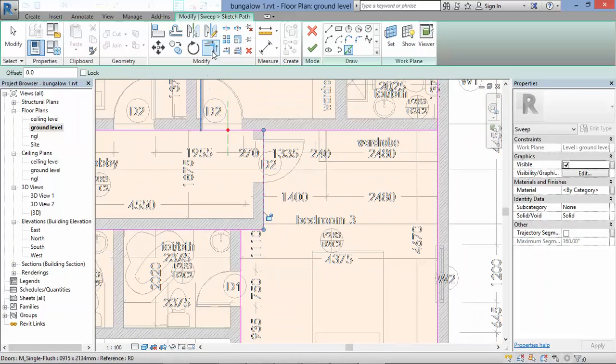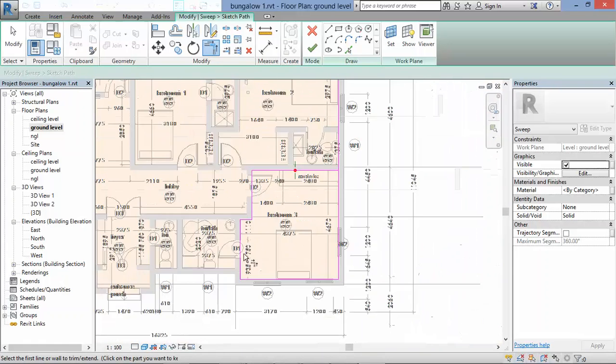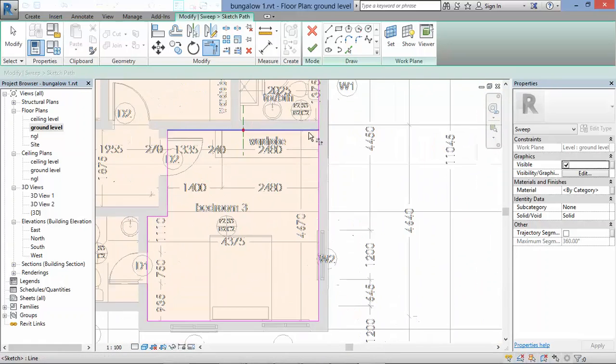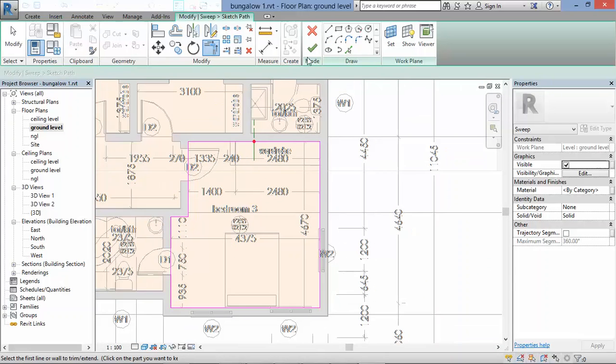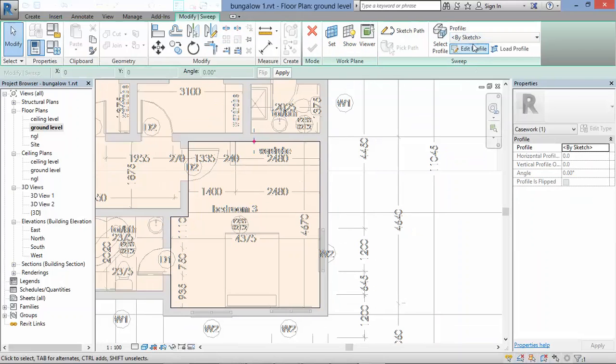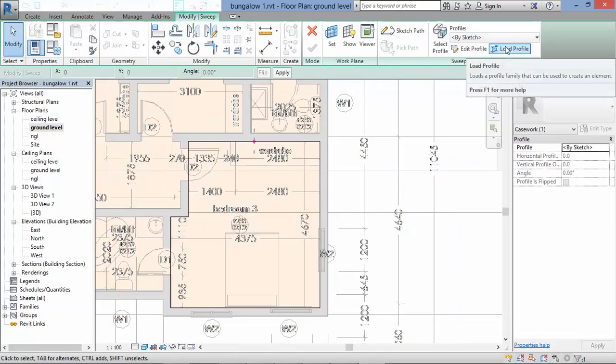Then when you're through, what do I say? You trim. Always trim your purple lines. If you don't trim it, it will not enter. It will not check. So this is it. Then we now say enter. Then it will now say you either edit profile or you load profile. Load profile,